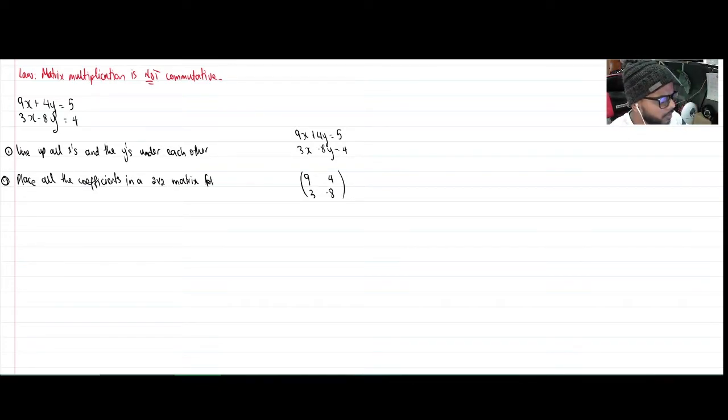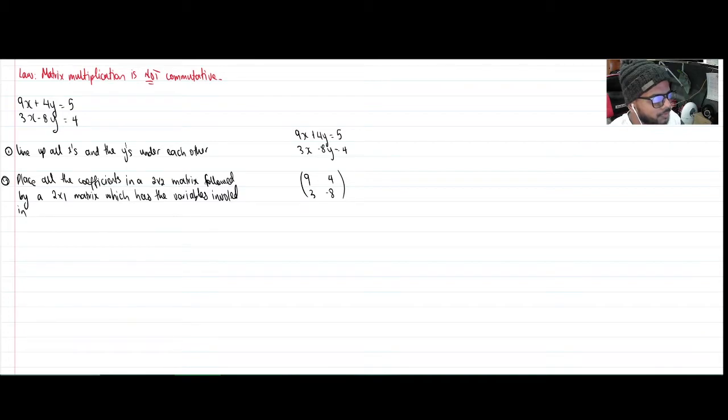Followed by a 2 rows, 1 column, a 2 by 1 matrix, which has the variables involved